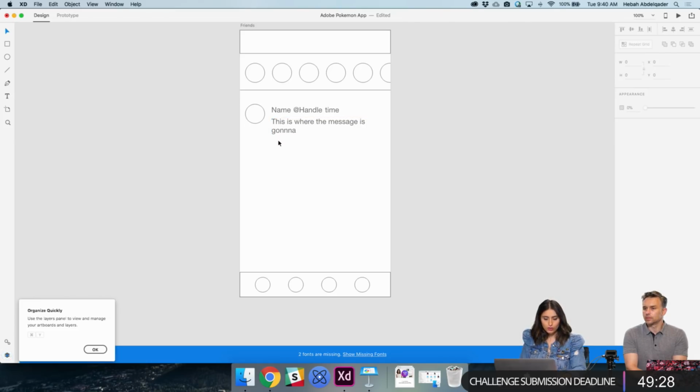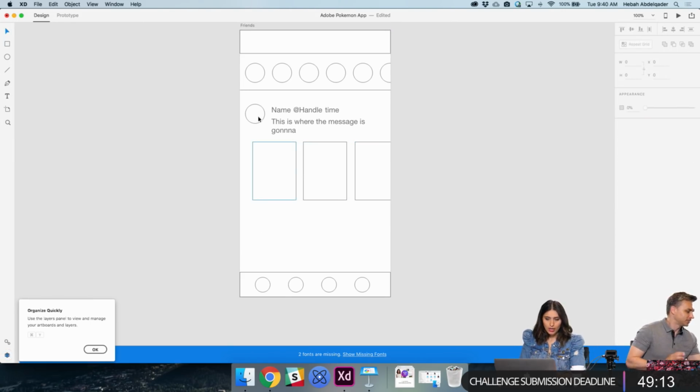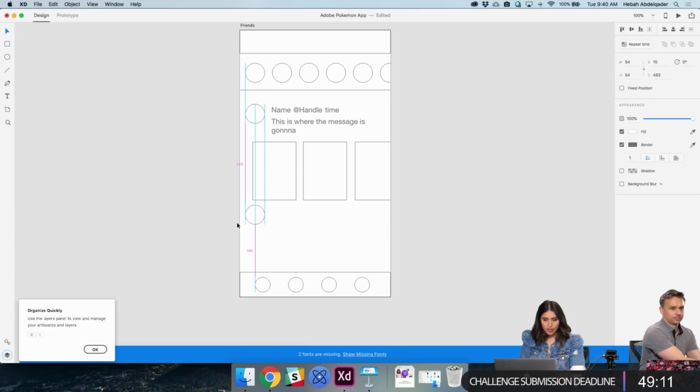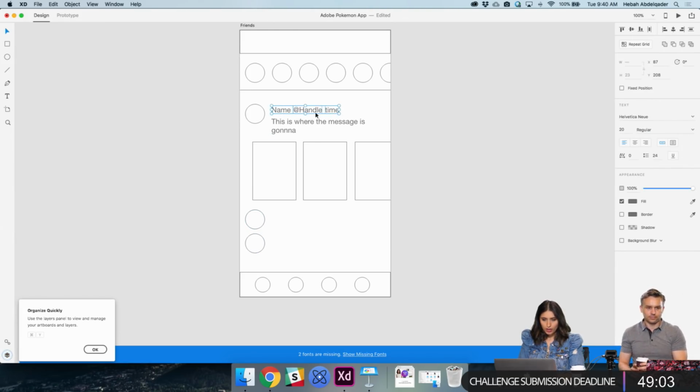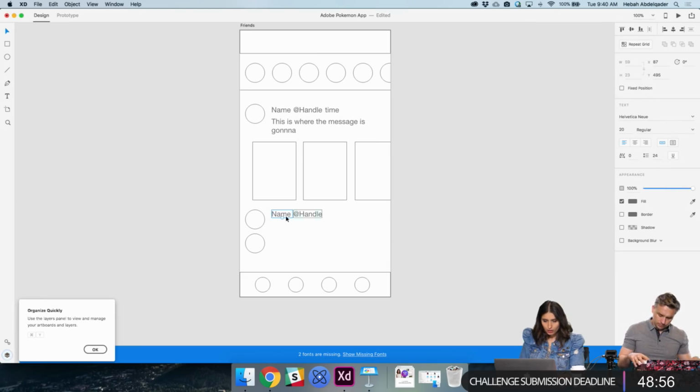So this is going to showcase somebody who already has cards that they want to trade. They just marked them as trade and they published it, and they want other people to know about it. The next one is going to be maybe two people are battling. So we have the person's name, handle, and instead of time, let's do something like how many friends they have.